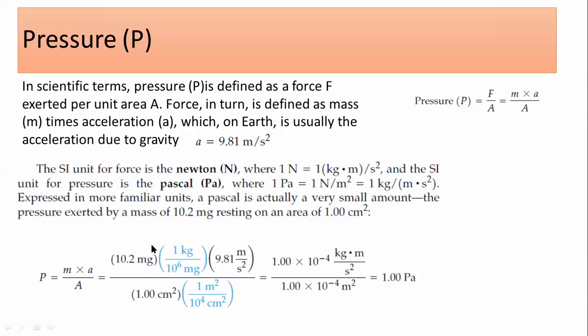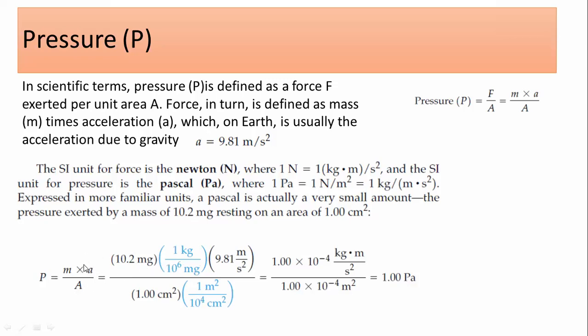So that means this is with the multiplication sign, and here it is in the denominator in the division. So this is going to be cancelled out. What is left? Kilogram is left. So when you solve it, you can convert 10.2 milligram by using this factor to the kilogram. So this is just the conversion of the milligram to the kilogram, and you may use any other conversion if you find it easy. For me, it is easy to remember the unit cancellation method, because you will not make any mistake. If you reverse this conversion unit over here, it is not going to be cancelled out. That means you are doing the conversion wrong.